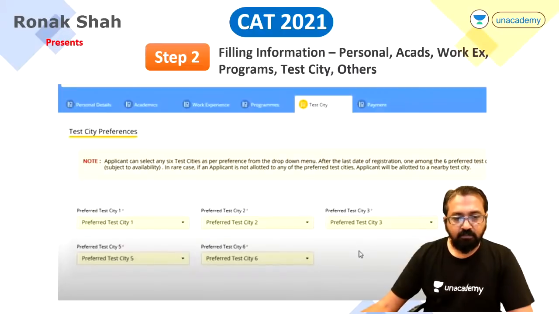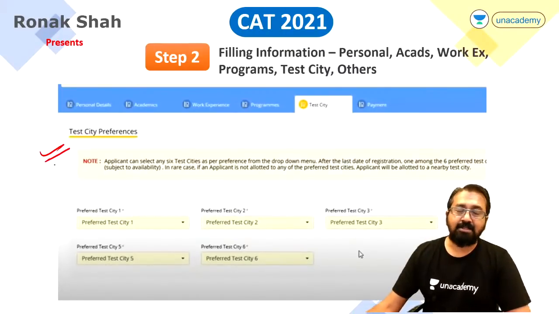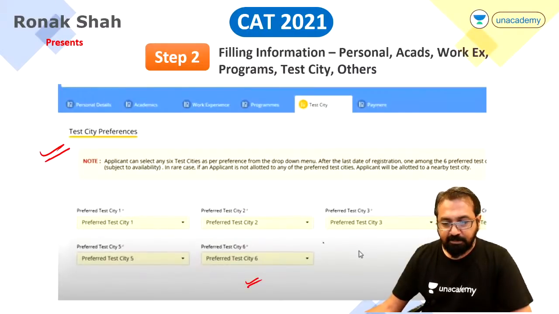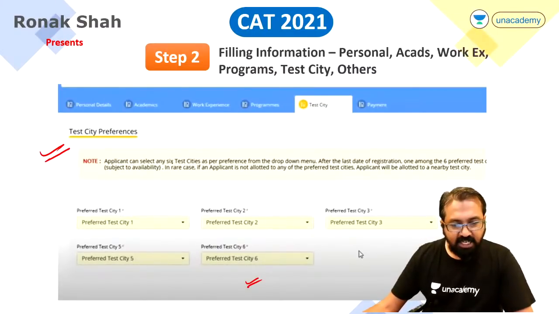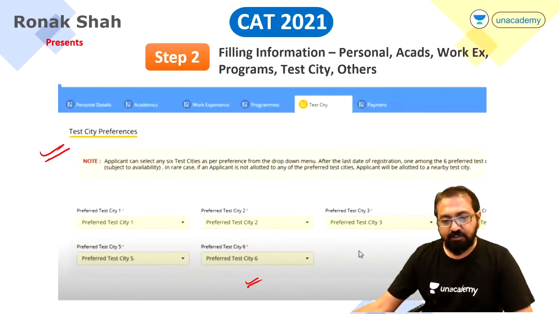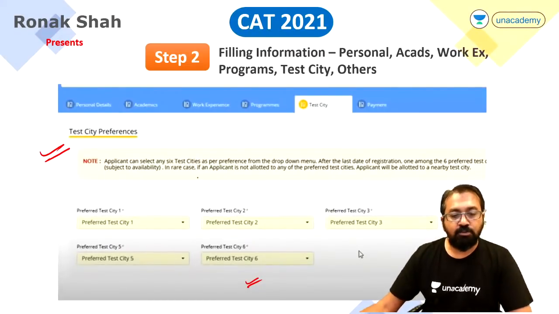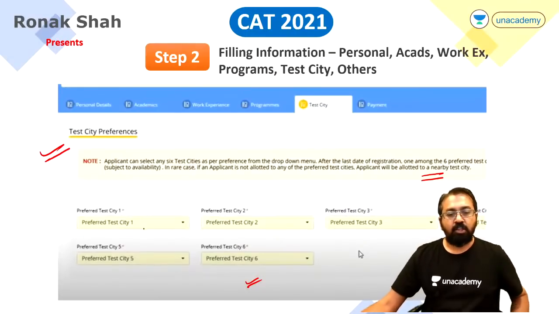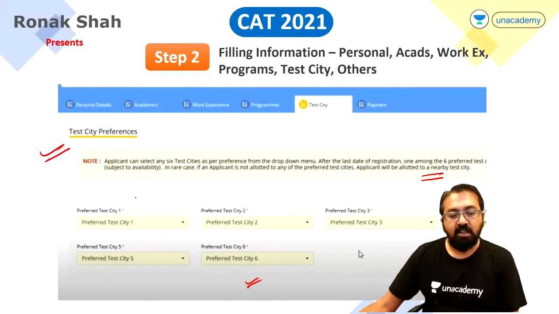ठीक है. So once that is done, now comes the test city preference. It will ask you to select up to 6 test city preferences. Okay, so applicant can select any 6 test center as preference from the drop down. After the last date of registration, one among the 6 preferred cities subject to availability will be allotted to you. In rare case, if an applicant is not allotted any of the preferred city, applicant will be allotted a nearby test city. ओके, तो अगर सपोज आपने यहाँ पे इस बार कुछ 158 सिटीज में होने वाला है,